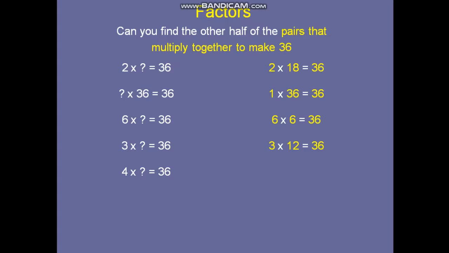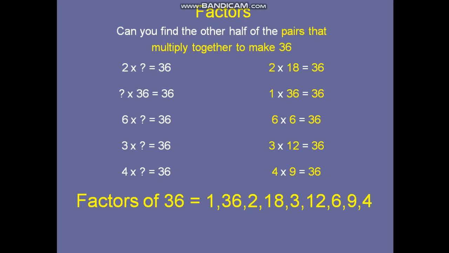The answer is 12. And what's divided by 4 and 36 divided by 4 is what? It's going to be 9. And that's all about factors. Now the factors of 36 are 1, 36, 2, 18, 3, 12, 6, 9, 4. Because there are too many factors for the 6, that means that